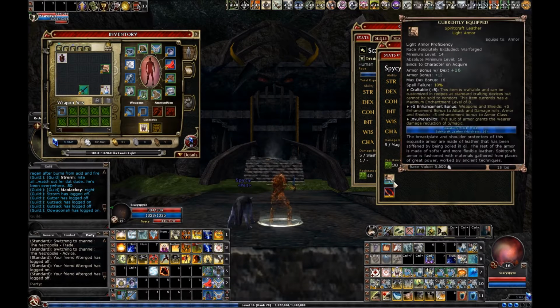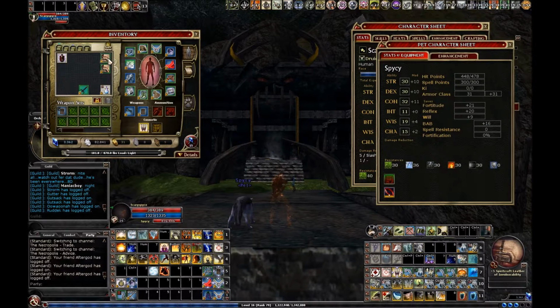For the pet, got Spirit Craft leather armor, so this is an absolute minimum level 16 armor. So you want to make sure if you're crafting, you're using the Spirit Craft leather armor, not an earlier version like the Skirmish leather, for example. And I want to put these side by side so you can see the difference. I talked about this in a couple other videos,